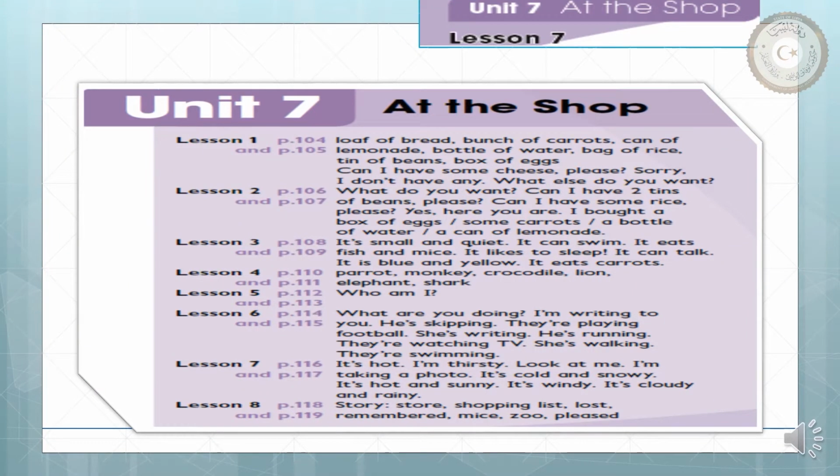Now look at here. This is the map of the unit. Unit 7, at the shop. And this is the list of the lessons. Today we have another topic, lesson 7. It will be on pages 116, 117. So what is the title of this lesson? Okay, we are going to talk about